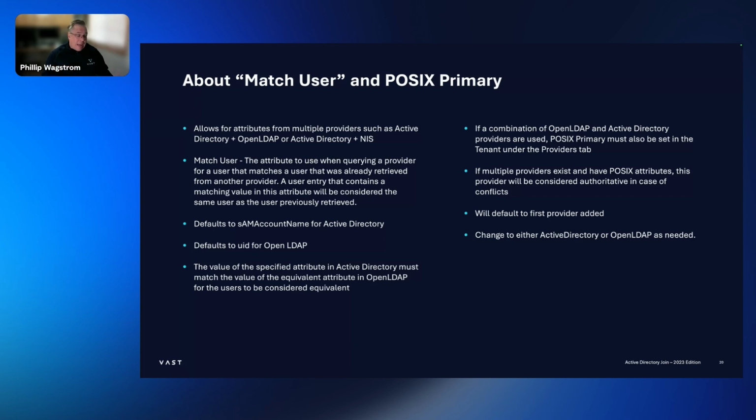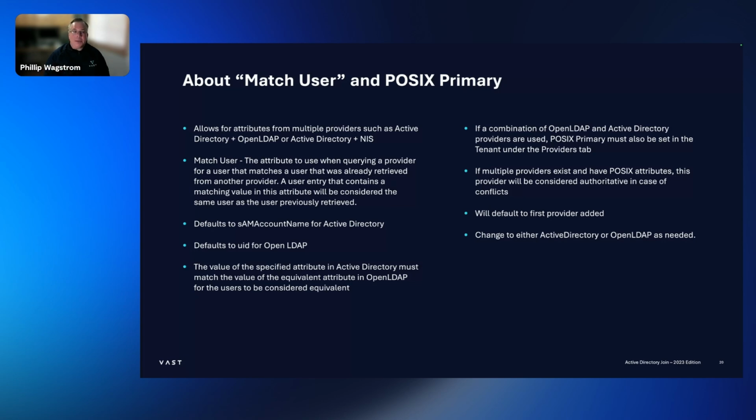Maybe I've got Unix attributes defined in both and I'm in migration, so I can define which one is going to be the POSIX primary. But we'll use this match user to match those two together and stitch those two providers together